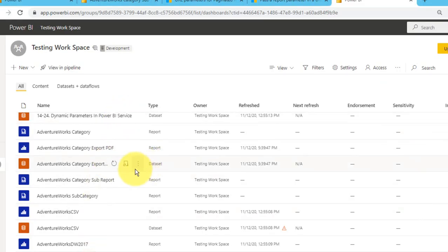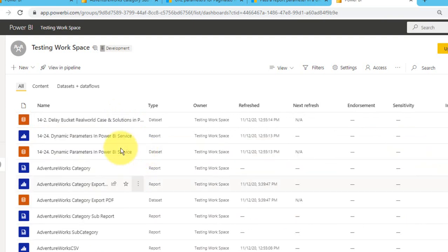So this is Power BI service. In this, this is the dataset icon and this is the Power BI report icon, and there is one more icon. This is for the paginated reports. Right now we have published this report, the Adventure Works subcategory and category report. If you click here,